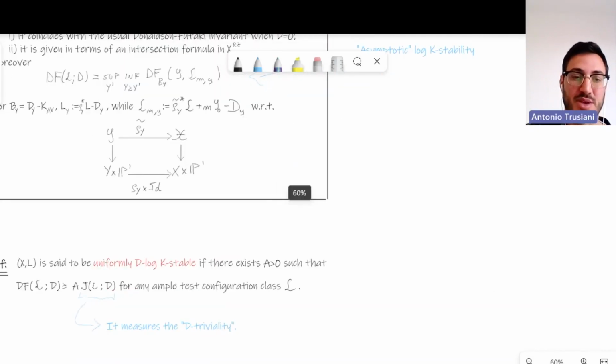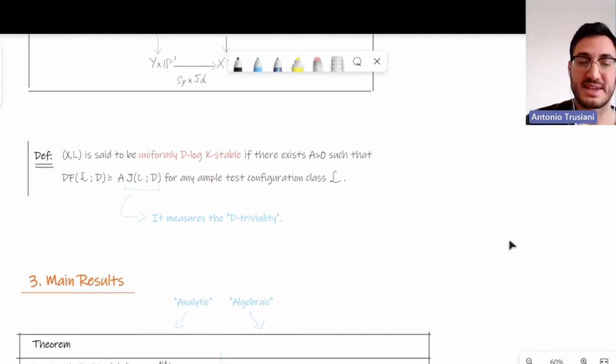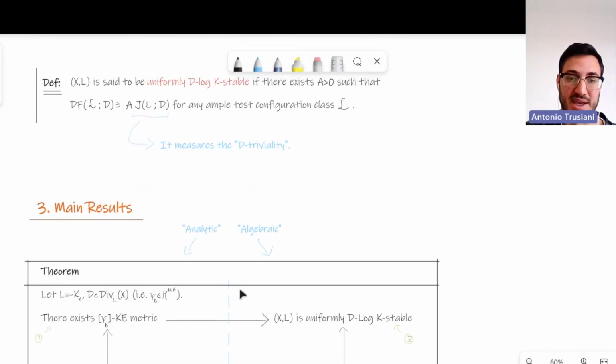Okay. So we can now go to the last part of the talk, that are the main results. First, I divided this theorem into a part that is analytic and a part that is algebraic. So let's fix L minus K_X. Let's fix the divisor D, that is a B-divisor in this set of algebraic prescribed singularities, that is equivalent to fixing a function in this set that I didn't define, but that can be defined analytically in terms of multiplier ideal sheaves. And